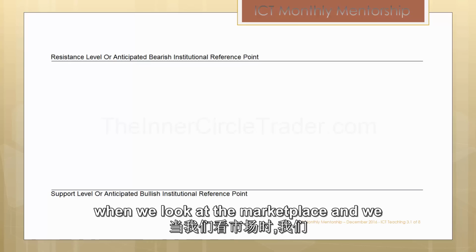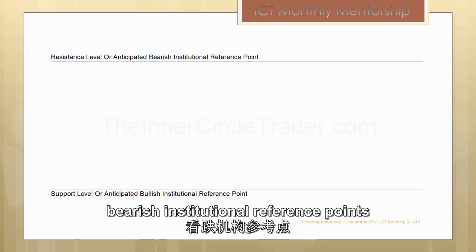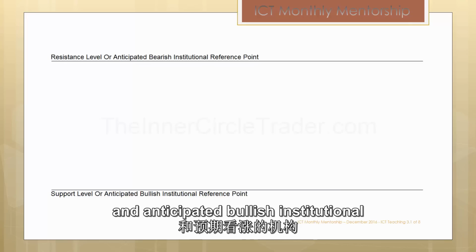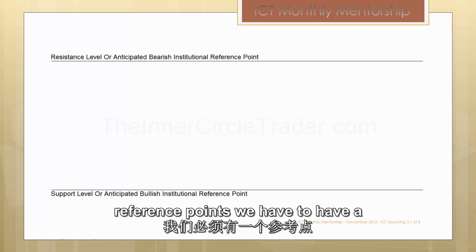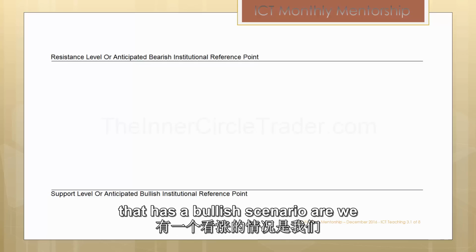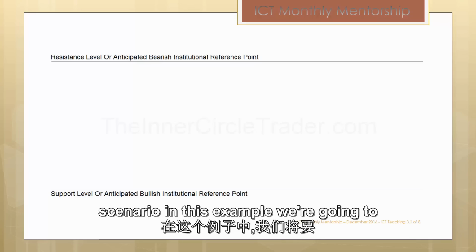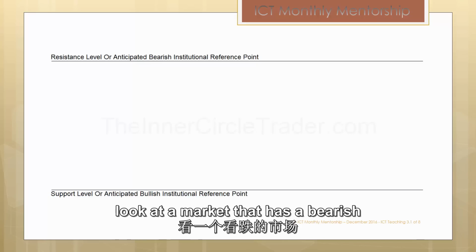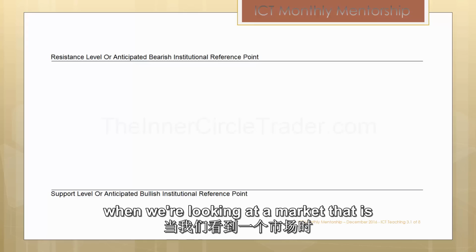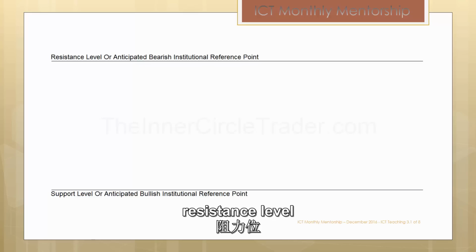When we look at the marketplace and we frame price action in the form of resistance levels and support levels, or anticipated bearish institutional reference points and anticipated bullish institutional reference points, we have to have a context in the marketplace behind our viewpoints. Are we looking at a market that has a bullish scenario, or a market that has a bearish scenario? In this example, we're going to look at a bearish example. When we're looking at a market that is moving up into a potential bearish resistance level,